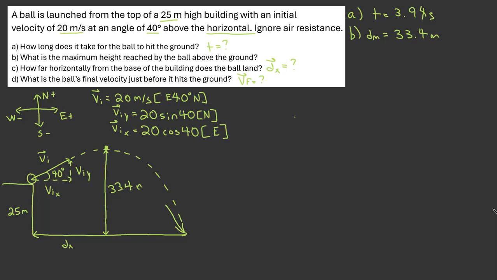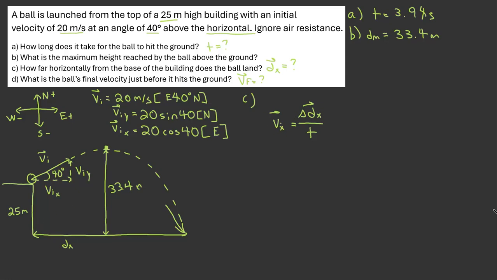Because there's no acceleration in the x dimension with any projectile motion problem, I can always revert back to my basic equation: velocity in the x equals displacement in the x over my time. And reminder that our time is the one variable that can go between both dimensions. I've already found that total time in part A, so I can utilize what I've already found,